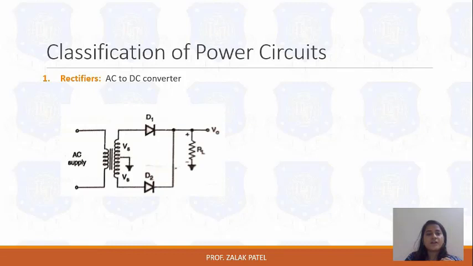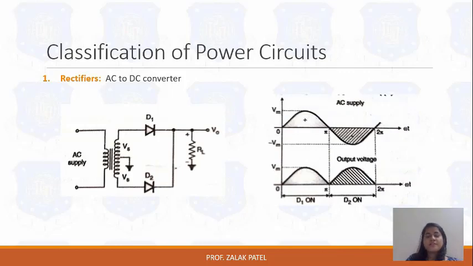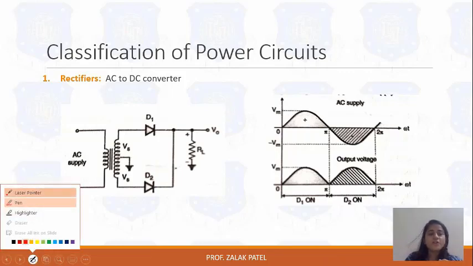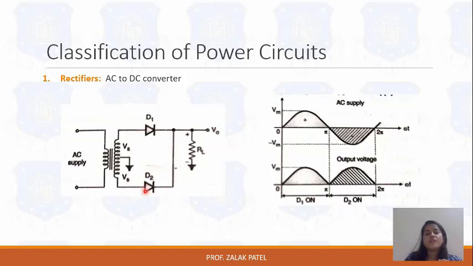here you can see that the first is diode 1 and the second one is the diode 2. So at a time only one diode will operate, and according to it the waveform can be seen. So here you can see that for the AC supply, from 0 to pi and pi to 2 pi the waveform will be on the positive half cycle. At a first time interval it will be operated when the diode 1 is on, and on the second time interval it will be operated when diode 2 is on. So D1 and D2 will be operated accordingly on the first half and the second half. So this is all about the rectifier.